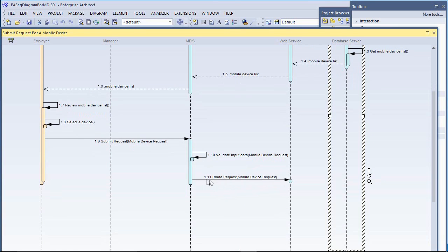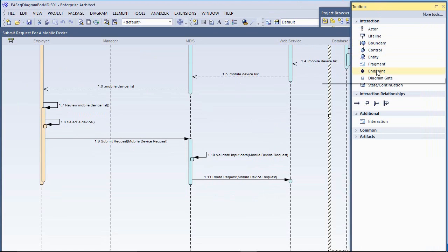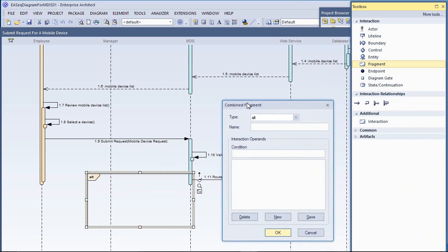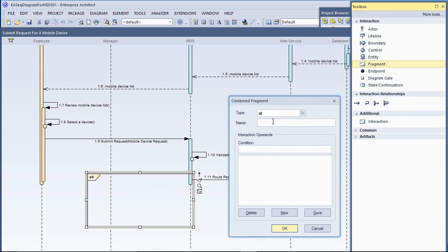Validate input data, and if everything goes well, it should be routed to the web service, but it might not go well, so it might have to go back to the employee. So what I'm going to do here is bring in something from the toolbox called a fragment. And with this, we can put a conditional. So I'm going to say, for example,